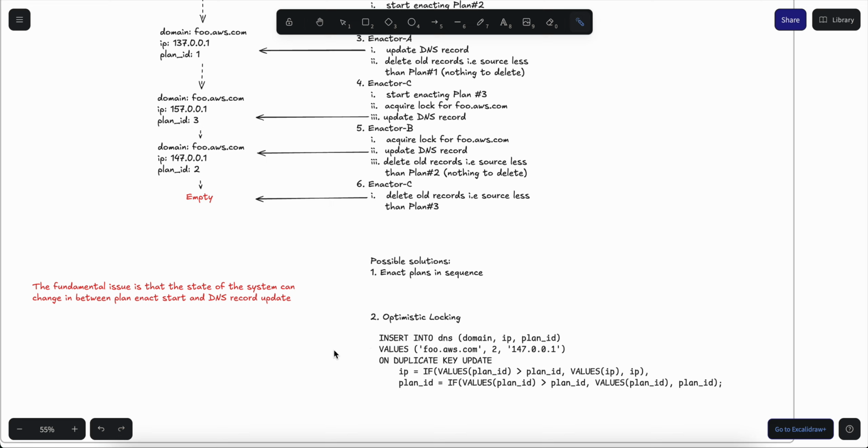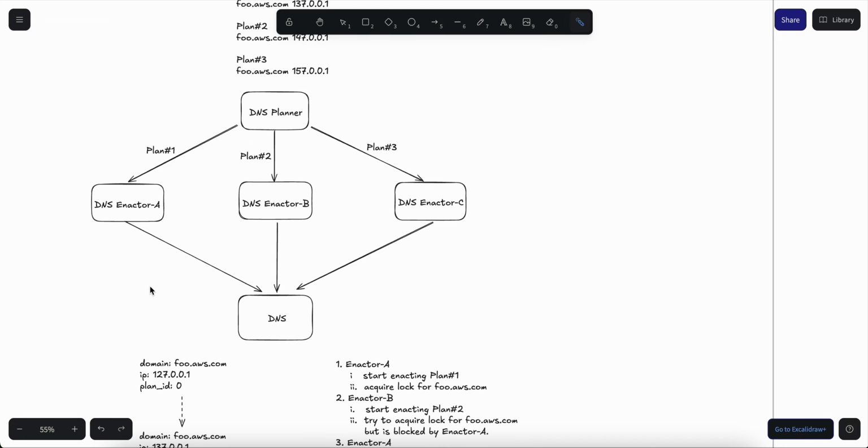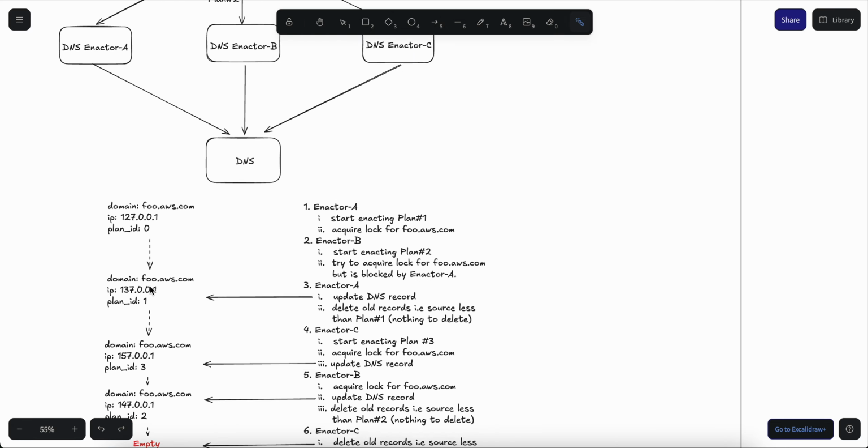There are two possible solutions that we can explore, because we can't just speak about the problem and not provide any possible solutions. One thing we could have done, or rather Amazon could have done, is instead of having these enactors simultaneously try to apply their plans, they could do it in sequence.